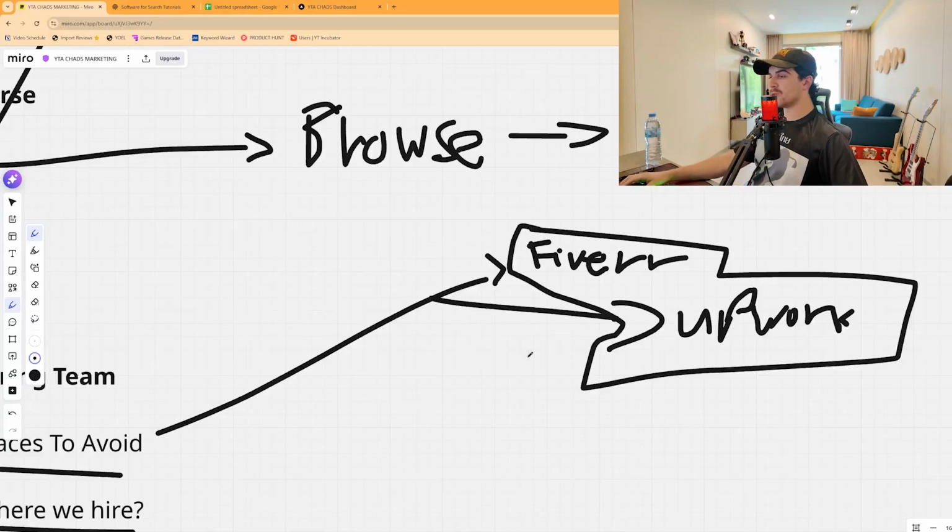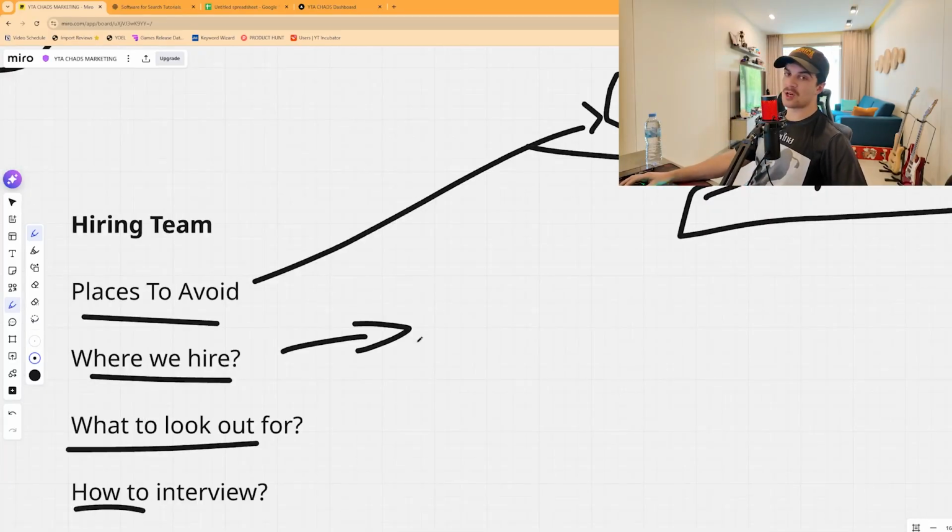Instead, what we want to do is get full-time or part-time employees from the Philippines. Now, full-time is good, part-time is also good. The reason I would say full-time is best is because if you're full-time with them, they're only going to have you as their client. They're going to work for you. It means they're going to be more focused on the task. So the work's going to be high quality. They're not going to rush it. They're going to be very good at it. And so where we hire is